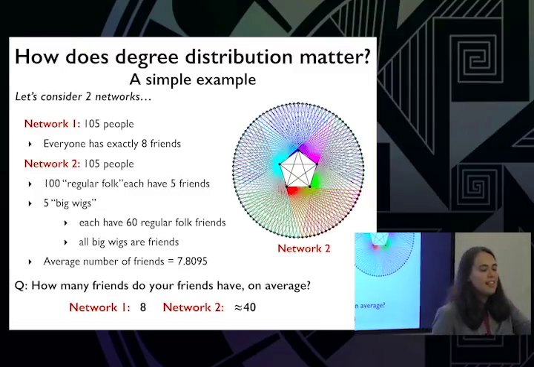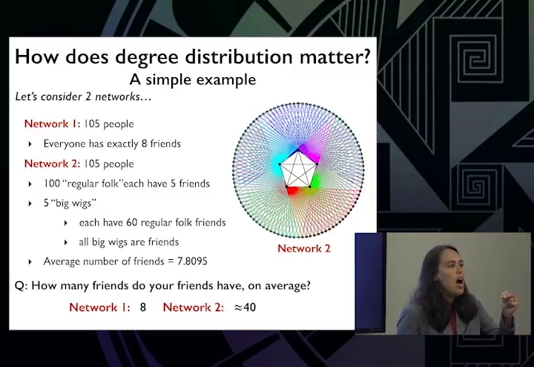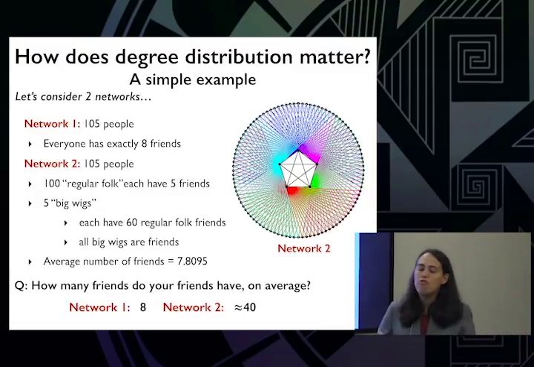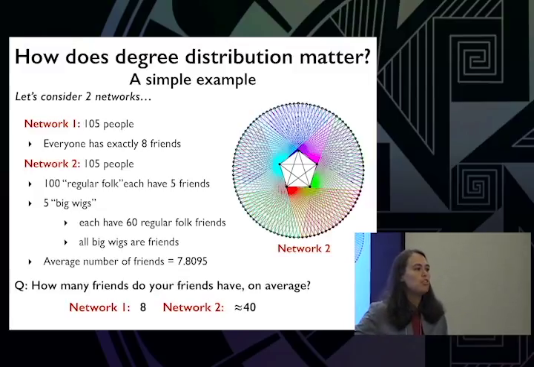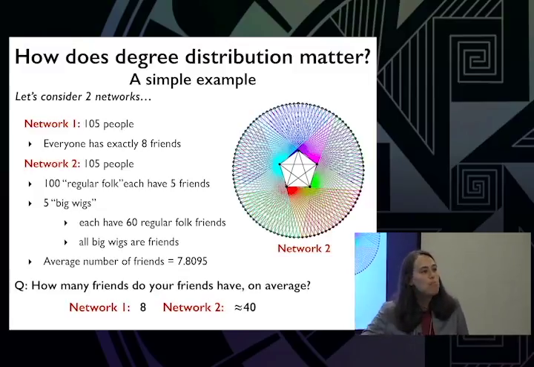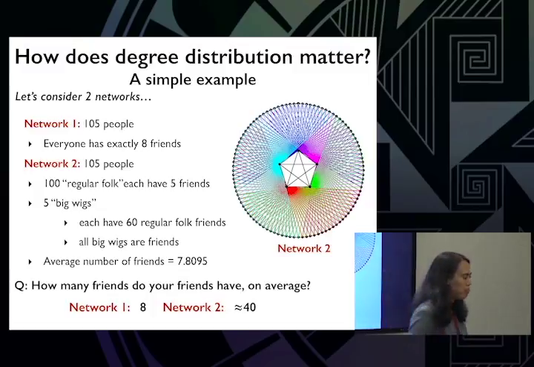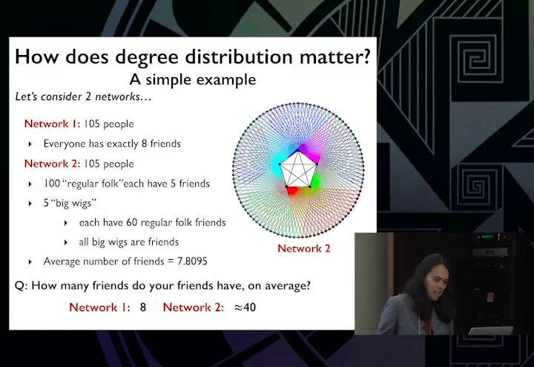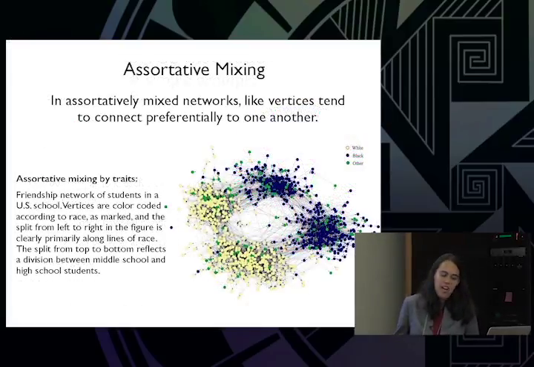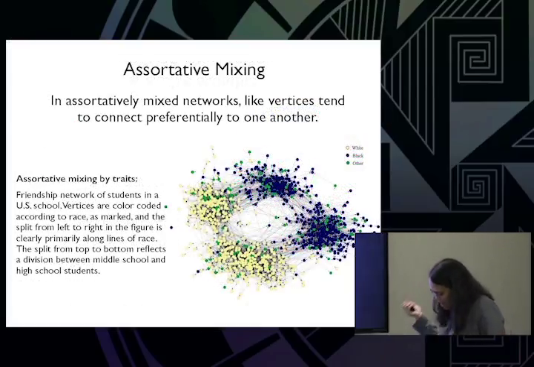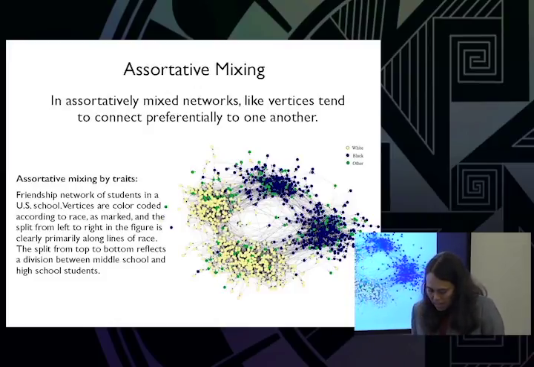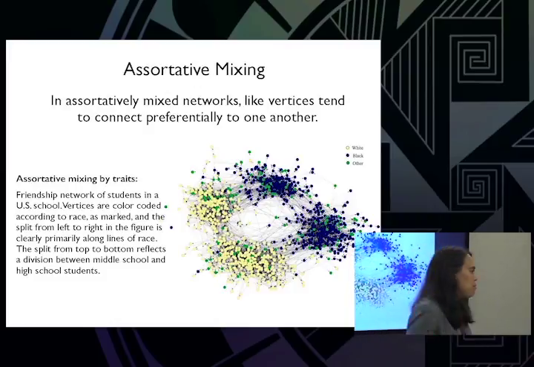It's because that second person I didn't pick at random. I picked that person by following a randomly chosen link. And the people who have high degree have lots more links connected to them. All right. Okay, so I talked about degree, but there are other features that are really important in networks,